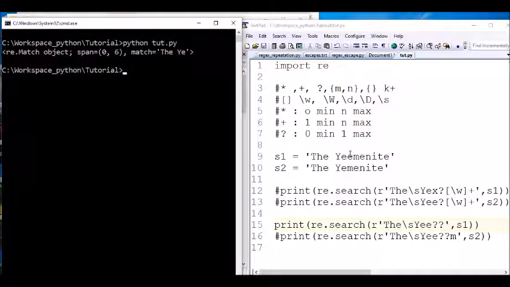But it's there. But since the non-greedy for this option is 0 or 1, the minimum is 0 and the maximum is 1. So since non-greedy selects 0, as if it doesn't exist. So now you will see that only YE. Let's see YE, the output.